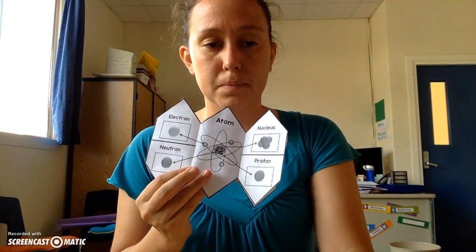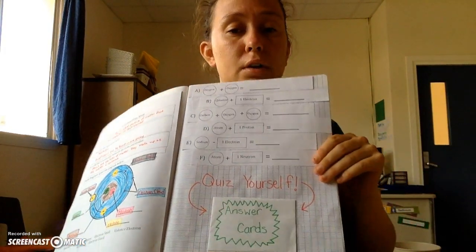Now comes the part where we are going to glue it into our notebooks. In class today, we completed this page right here, and this was page 14. What we are going to glue in for homework tonight is not going to be page 14. We're going to skip 2 pages. So you're going to skip page 15 because we have not done this page yet. You're also going to skip page 16. This is another page that we're going to do in class. You're going to be gluing your homework tonight on page 17, facing this way. So on the right side,